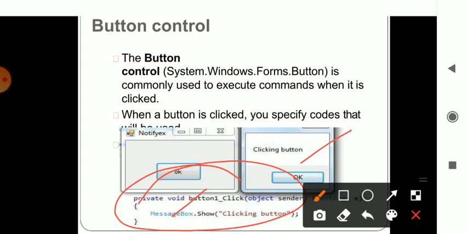Okay, when you are calculating something, you can use the button to calculate it. I want to display something, I can use it. I want to display a message, I can use a button and then display that particular image. Like that, many things are there when you click a button. So it has its own options, yes, no, whatever you are using, you can use it in the button text option. Okay, so next you will be learning about the label.